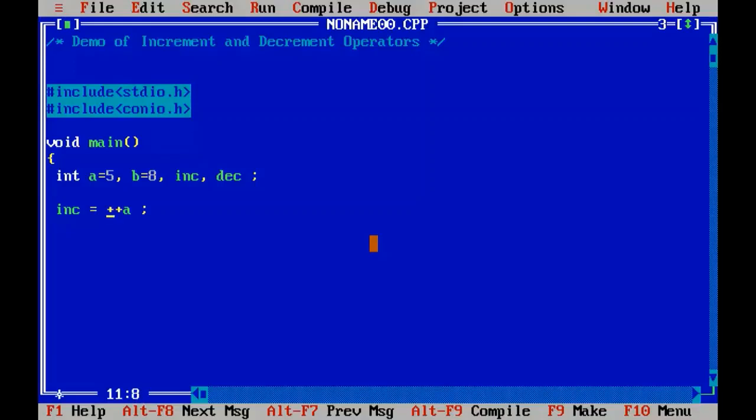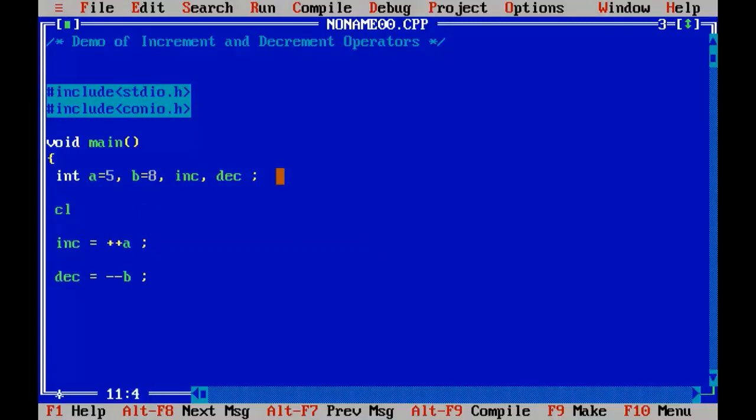So what it does is the increment operator will increase the value of A by 1, and it's going to be stored in the variable INC. Okay, and in the decrement variable I will store the decremented value of B. So this pair of minus symbol will indicate the decrement operation. So this will bring down the value of B by 1. So now decrement has got value less by 1, and increment, the variable INC, has got the value increased by 1. Now let's go and print the values of both increment and decrement.